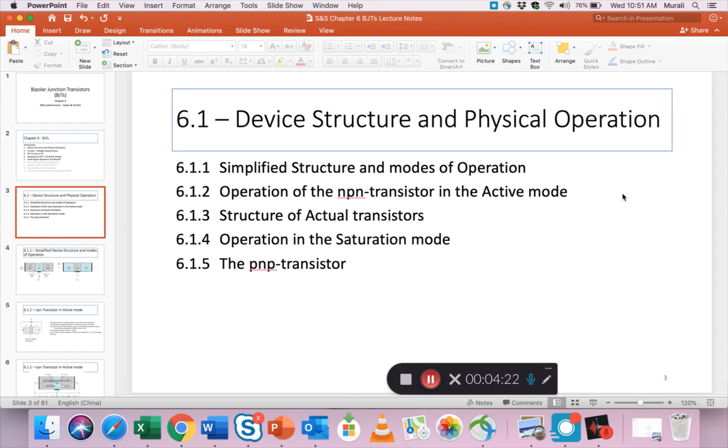Now again I want to caution you that there is just too much material in every chapter in this textbook. Sedra and Smith, I feel, compared to the previous circuits book, Nilsson and Riedel, has much more material in each chapter, each section, and so it's much harder for a professor to cover everything. So my job is to try and summarize the main points and the main formulas, so that I've given you a good